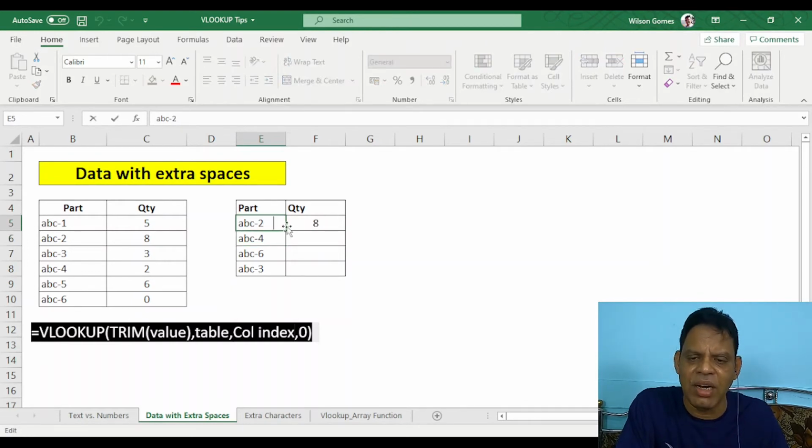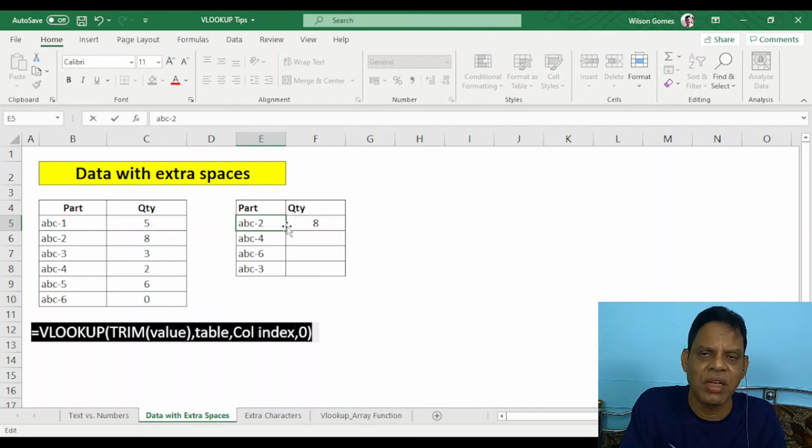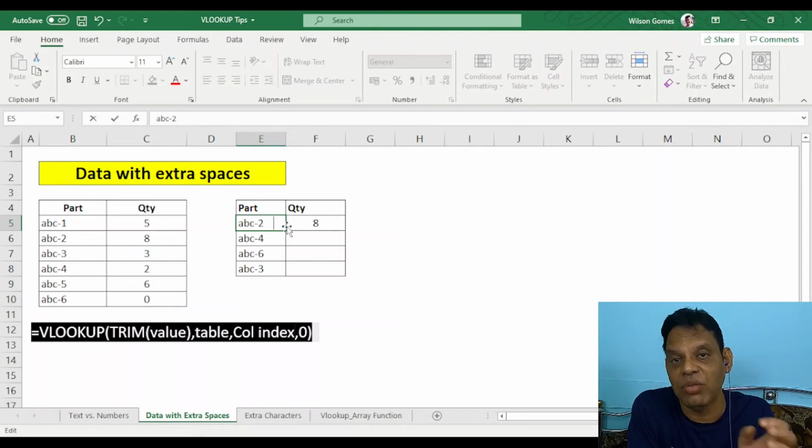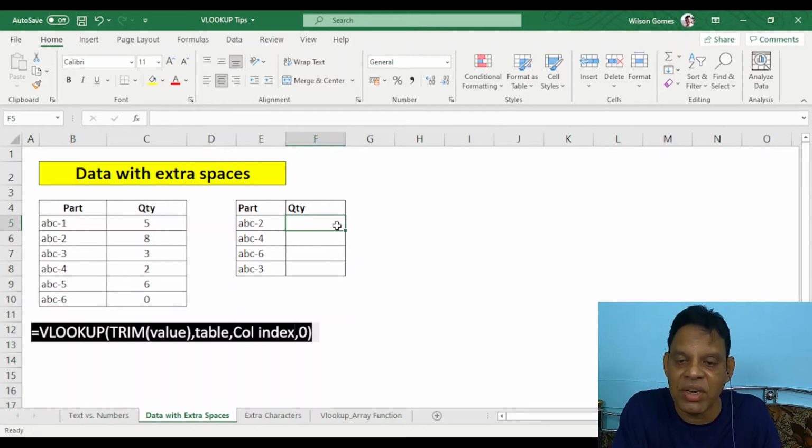But there are multiple thousands of line items. Some are having extra space, some are having no space. It is very difficult to identify it, and if at all it is possible, it will take a lot of time. To avoid that, to find the value with these additional spaces in the list from which I want to find the value from the base data, I can use the TRIM function. Here I'll find out the quantity for this particular part number ABC2, though there are extra spaces. Here there is no extra space.